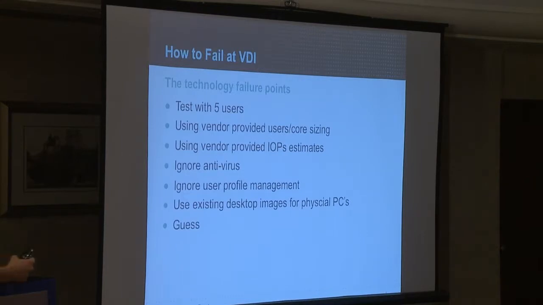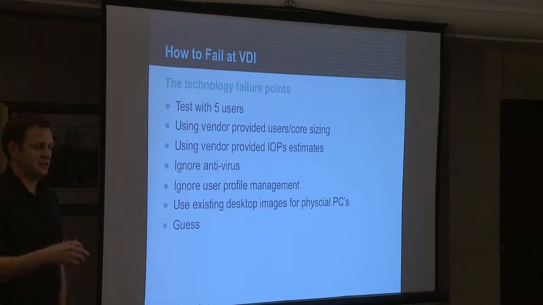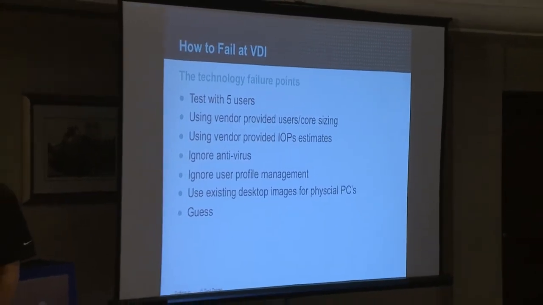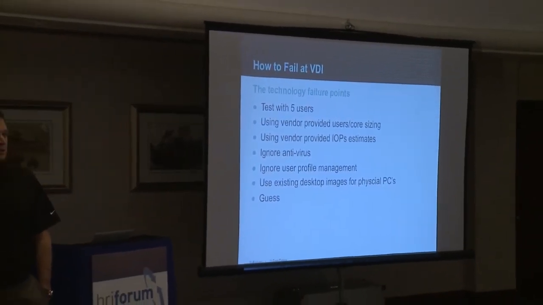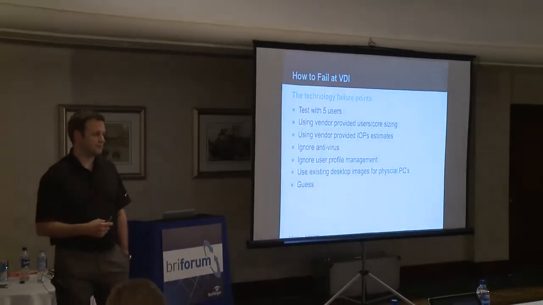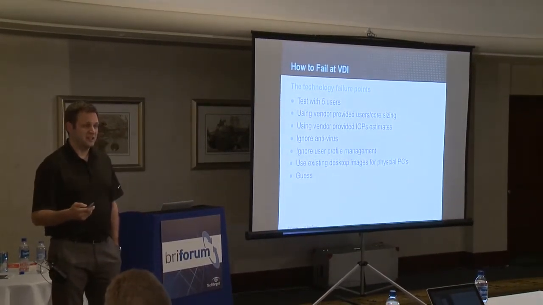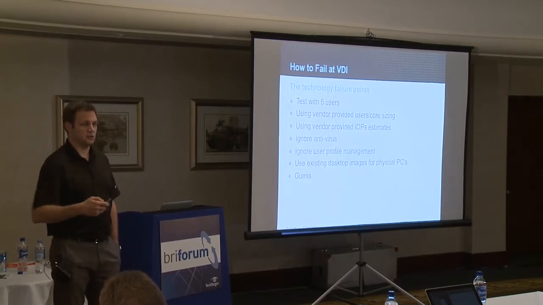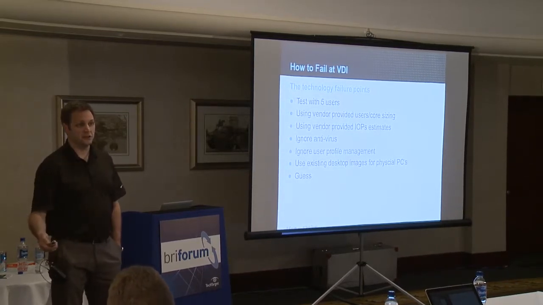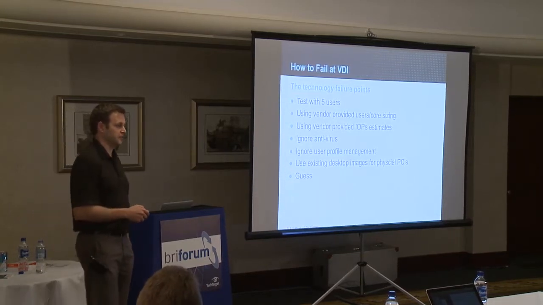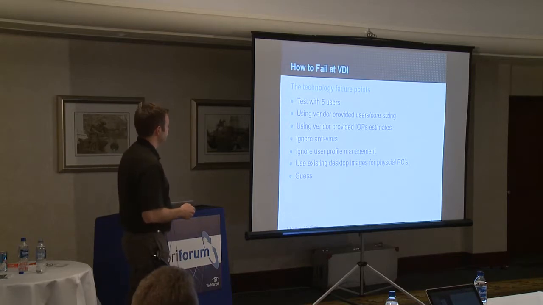And ultimately, what I find many companies doing still is guessing at all of this information. It's just a complete guess into the air as far as how many users per host they're going to be able to do, how many IOPS per desktop, and where those IOPS at the OS level are coming from. And when we're guessing, we're typically adding a lot of risk to the project and a lot of cost, because we're overestimating, or in some cases underestimating, and then they're going out to production and unable to sustain the load of the number of users they're trying to put on the system.